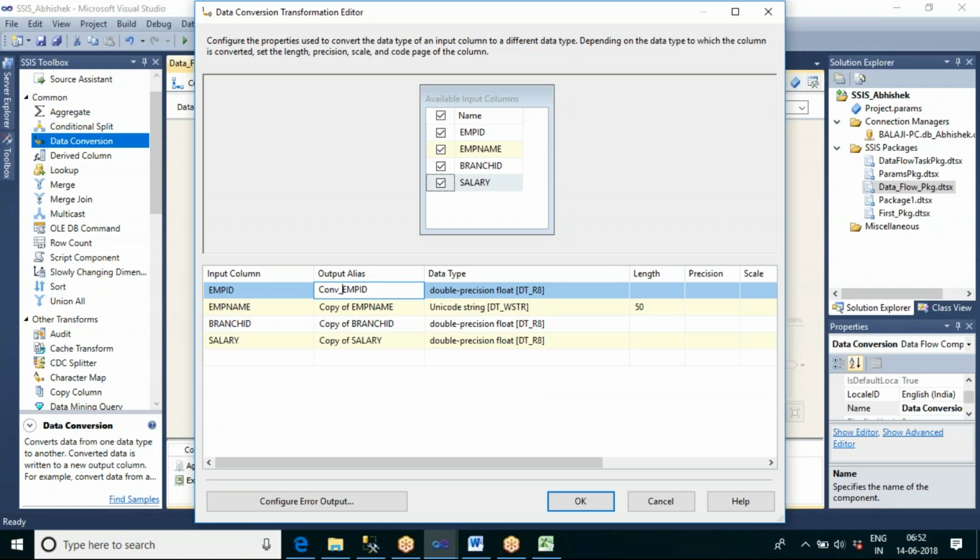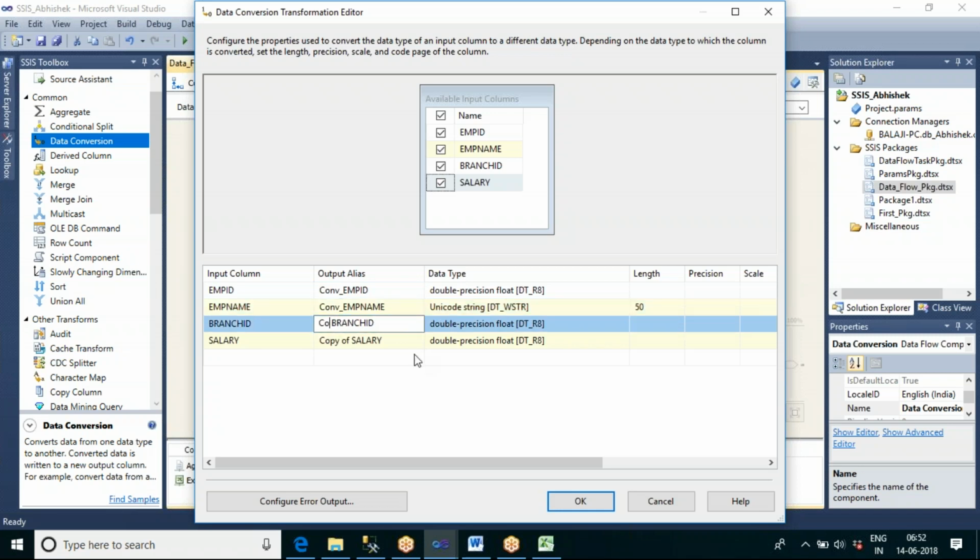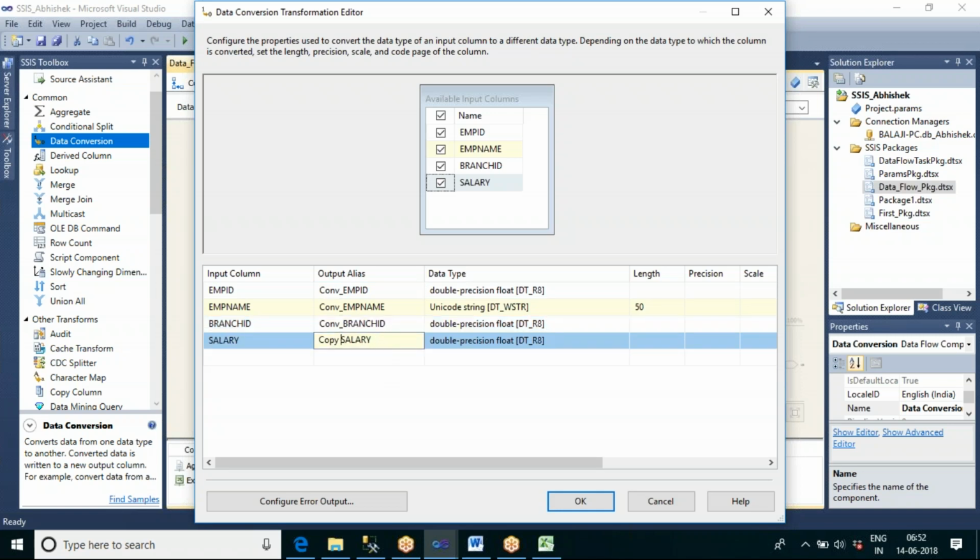Let me rename these as converted employee ID, converted employee name, converted branch ID, converted salary.